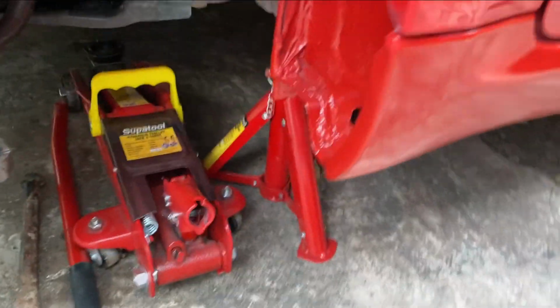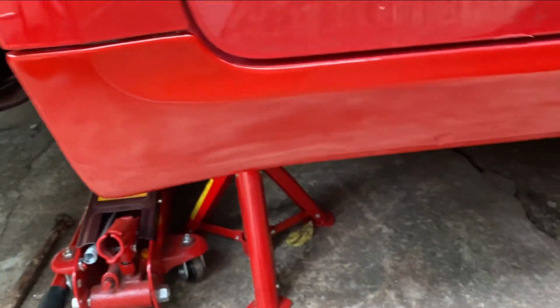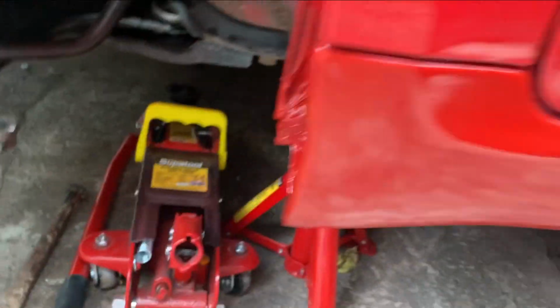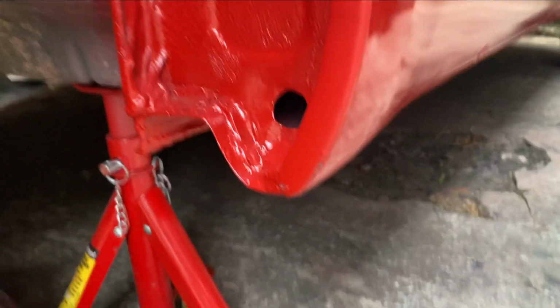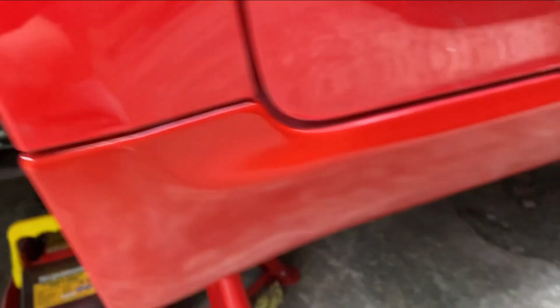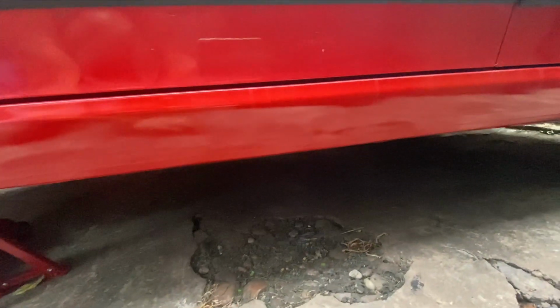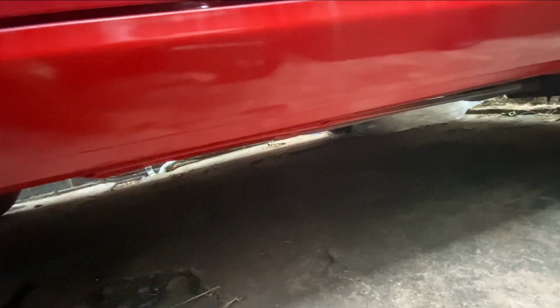There's a bit of colour difference, but not too much. Annoyingly, I just marked it. It has rained, unfortunately,